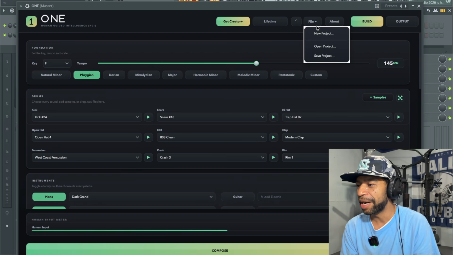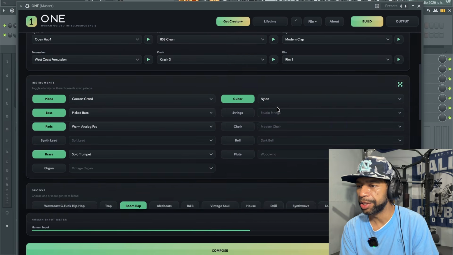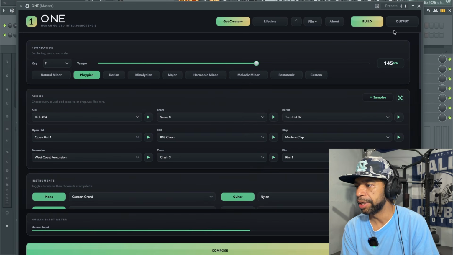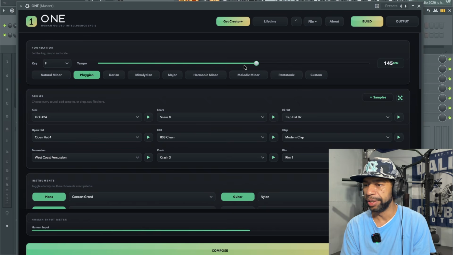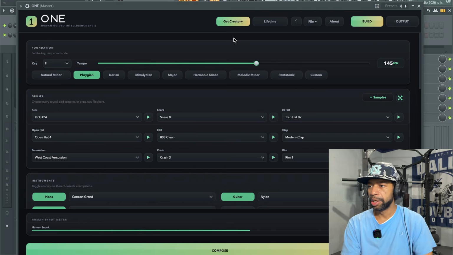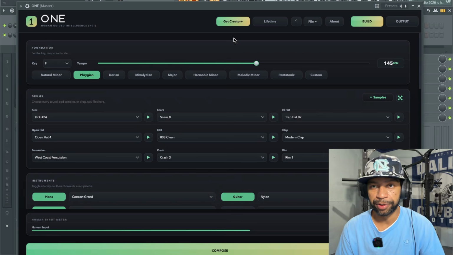All right, so you hit file again, open project. So when it opens it back up, it just opens up the idea, but it doesn't bring it back to the actual beat. You know what I'm saying? So you're not going to get that back. So that's just something to know. If you get a stem that you like, just download it. Again, you get all the free generations that you want. But that's what I got for you guys in today's video.